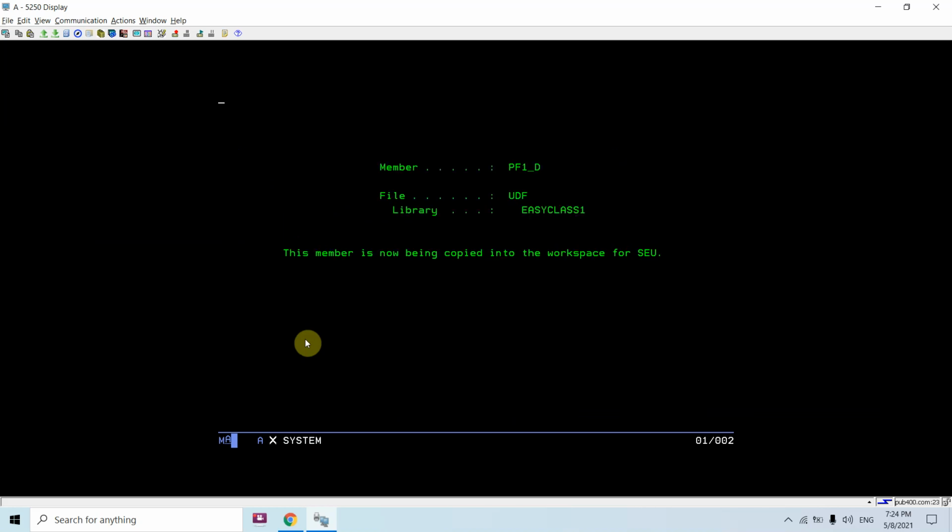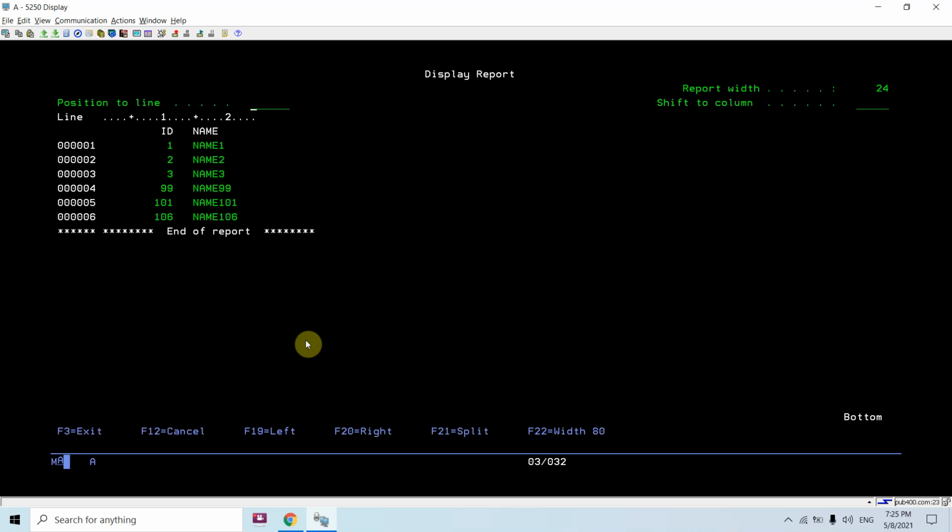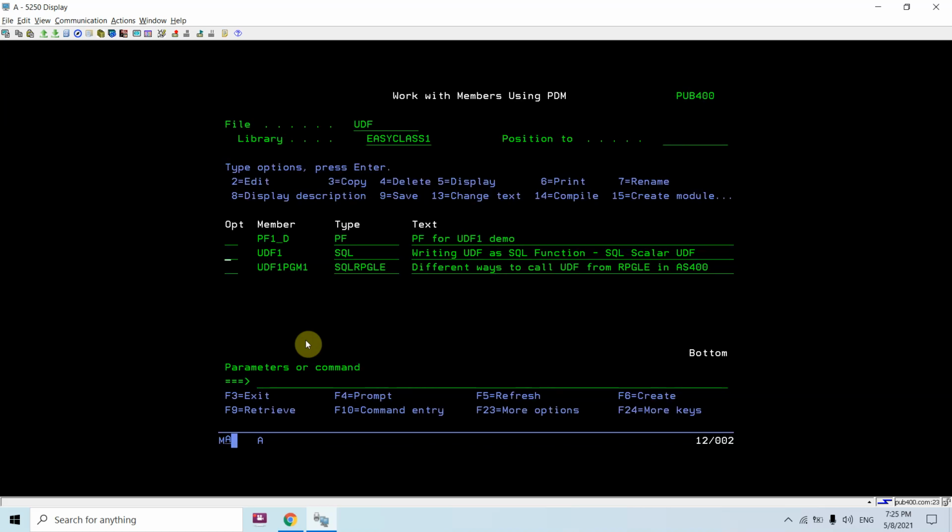This was the file which has this id and name field. Let me show you the data, pf1 underscore d. This is the data and this is the first row which I'm picking.